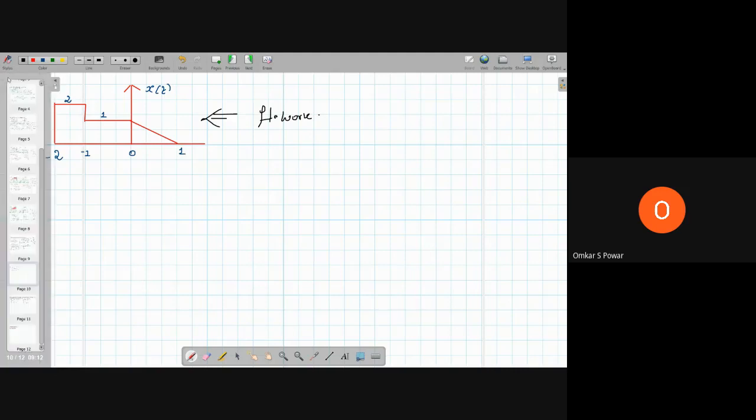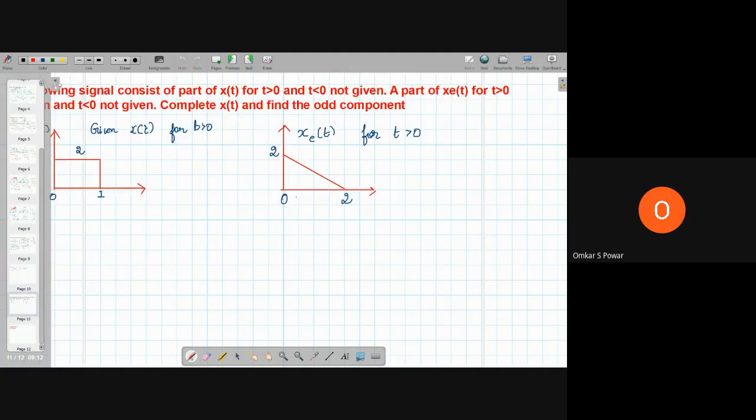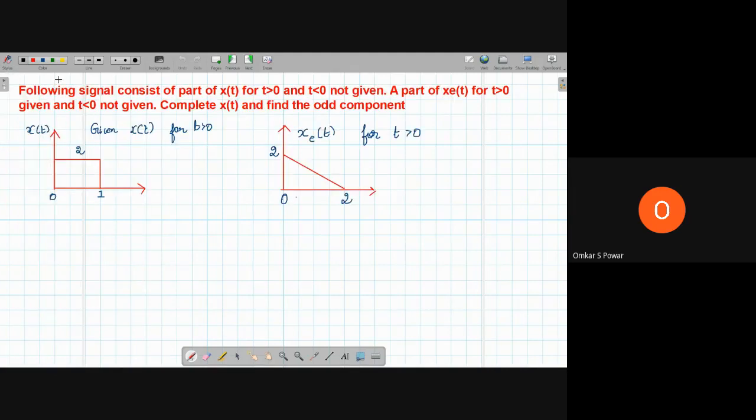Okay. Now we will solve one tricky question. The major thing in any subject is you have to understand the question first. So let us understand the question first, then we will solve the problem. If you understand the problem, it will help you to solve the problem and you can score more.